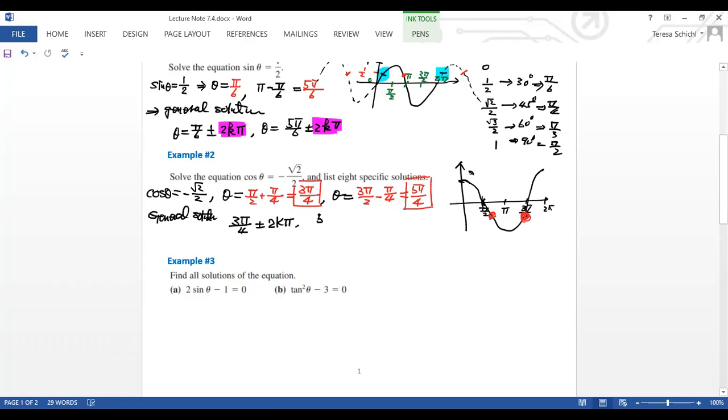And also is 5 pi over 4 plus minus 2k pi here. So they want you to list 8 specific solutions here. So then you can just put k equal to 1 or negative 1 or 2, and then you can get your solutions here. So for example, here you can say this is negative 5 pi over 4 and negative 3 pi over 4. And then you can have a 3 pi over 4 and a 5 pi over 4